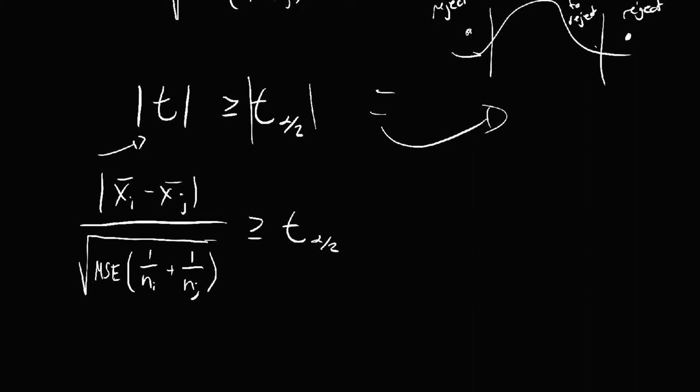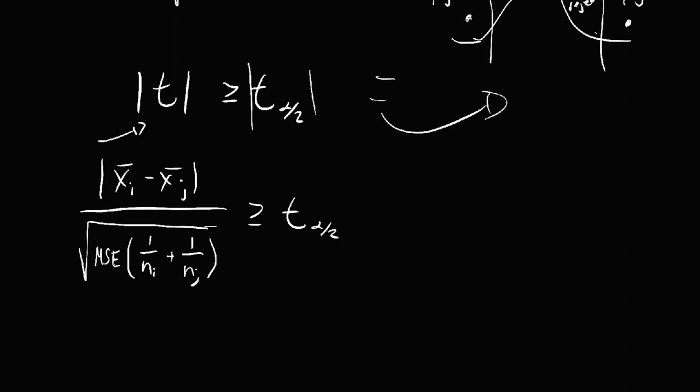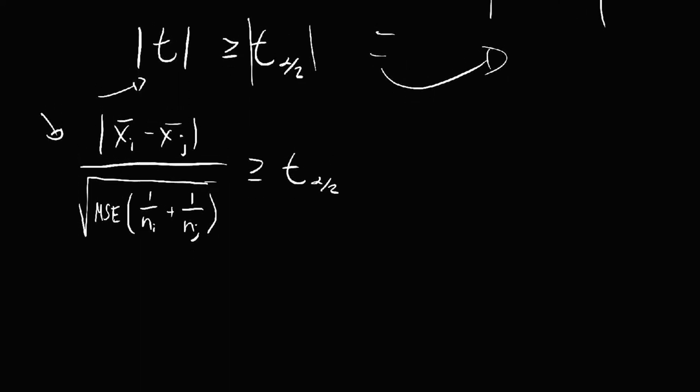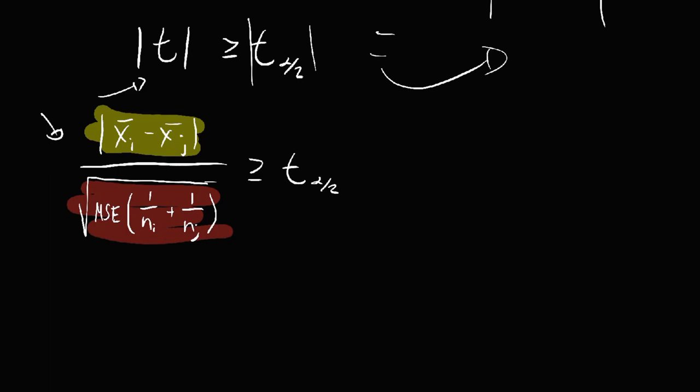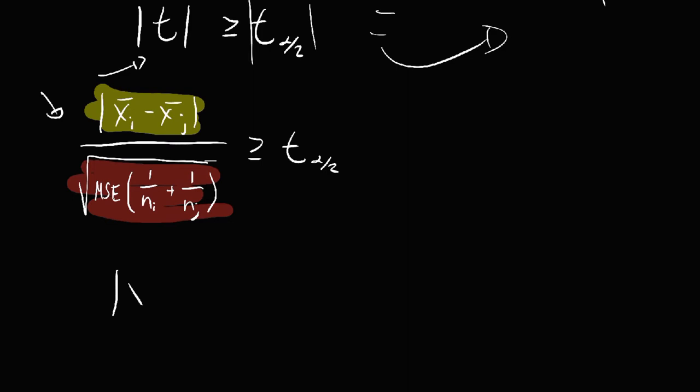And so what we're going to do, and this is kind of ingenious, is that instead of doing this calculation every time, because the only thing that's going to change on this calculation is this top part. This top part's going to change with every sample, but this bottom part is all going to stay the same because the MSE is not going to change. Now the n sub i and the n sub j might change, but if it's a balanced design, even that's not going to change. Nothing in red is going to change. So what we do is we focus just on the part that's going to change to make our calculations a little bit simpler. I just look at the mean difference, and I want to see, is the mean difference big